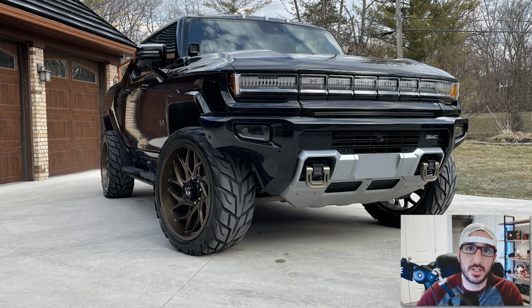Obviously, this could just be a single case, could just be something faulty, maybe something in the rail, who knows, something when it was installed. I would think that this is the biggest issue out of the 3 that he spoke about. I actually, for my Hummer EV pre-order, picked the power tonneau cover, so I hope that's not the case for me. But the second issue is that he found the Google Assistant feature was really slow,